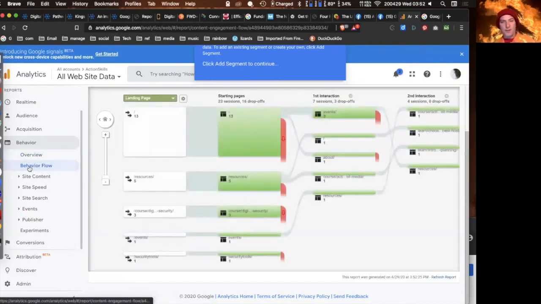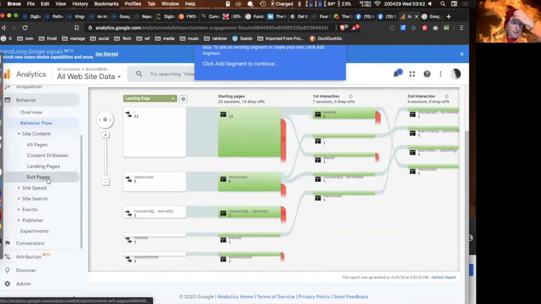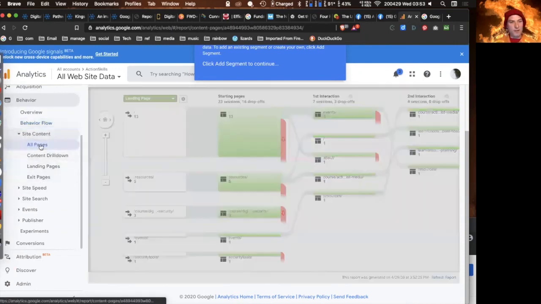Okay, behavior flow. So this is showing when people go from one page to the next page to the next page. So this is really useful for your pathways to see what's working and what's not. So I think it's really important for you, even if you're not that interested in statistics, to start looking at how people are using the website. Because if you've spent all this time and effort on a certain page or a campaign or part of your website and people aren't getting to it, then you need to work out how to fix that conversion to get them there. Site content, here's the pages they're coming to,